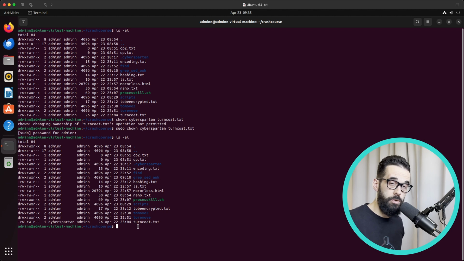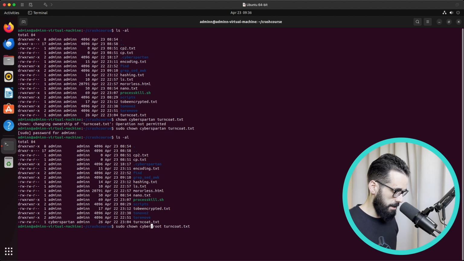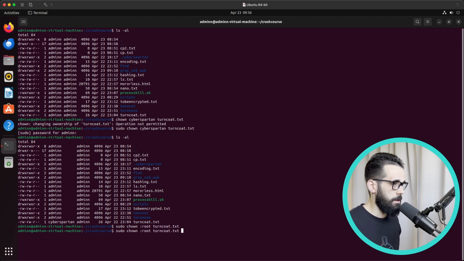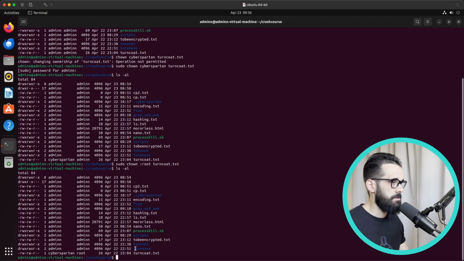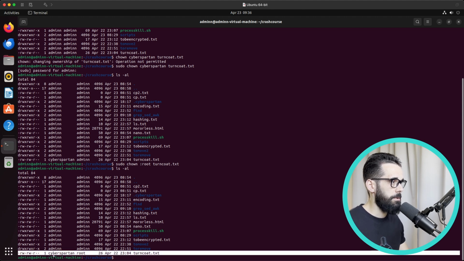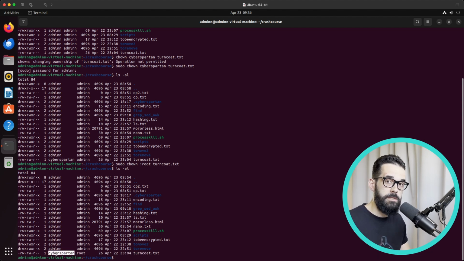We can also change the group. And if we want to change the group, we can simply run the command. And in this case, I'm not passing any user, I'm passing only a group. Because if we want to pass the user and the group, you must write it like so. But if you just want to change the group, you can simply remove this part. And now if you run it again, we can see that turncoat now belongs to the user CyberSpartan and the